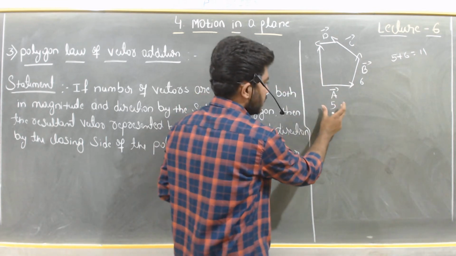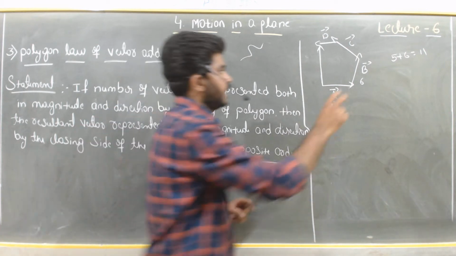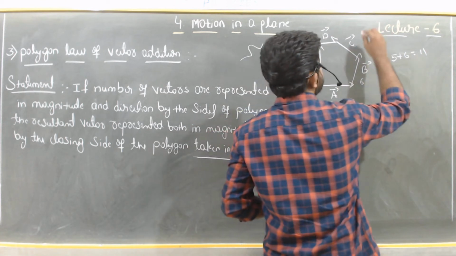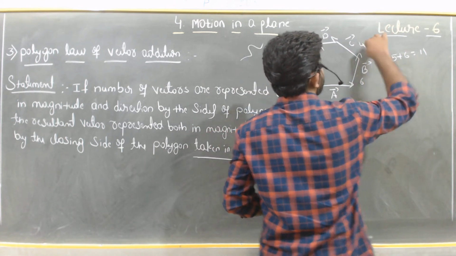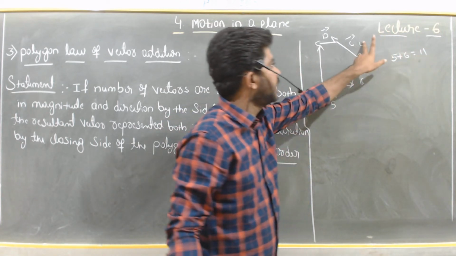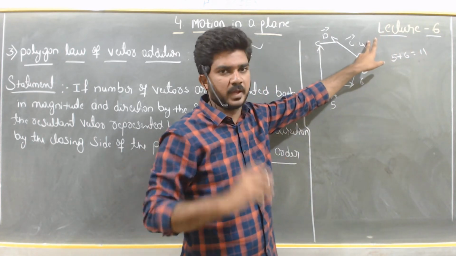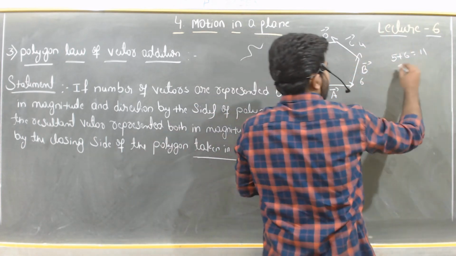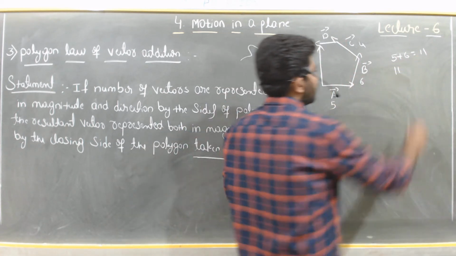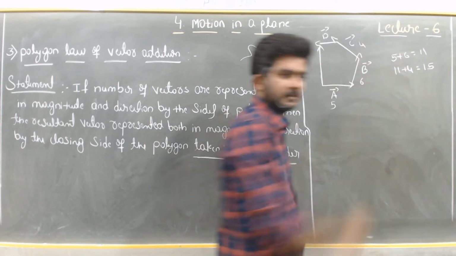We are adding the numbers 5 and 6. I have got the resultant number, which is 11. So next thing is to add another number. Here somewhere you may take this as 4. So next what I have to do? Resultant vector plus this vector. It means resultant value plus next value. See, resultant value we have already got, 11. Next value is what? 4. It means 11 plus 4, it is 15.